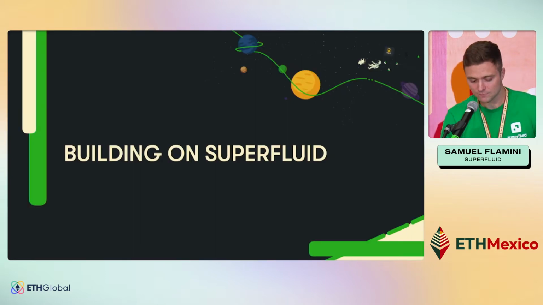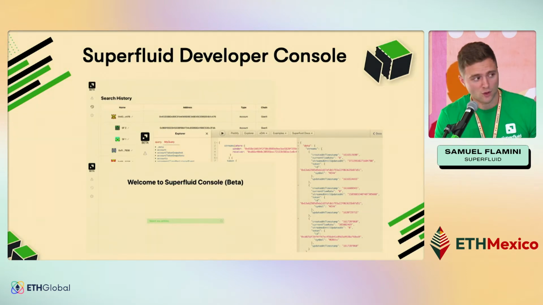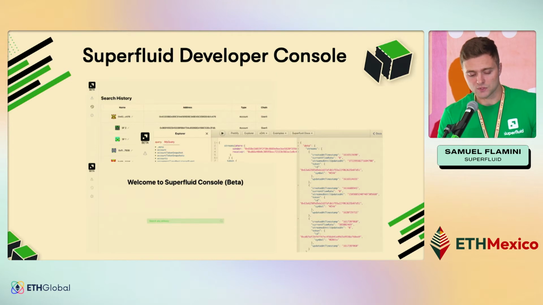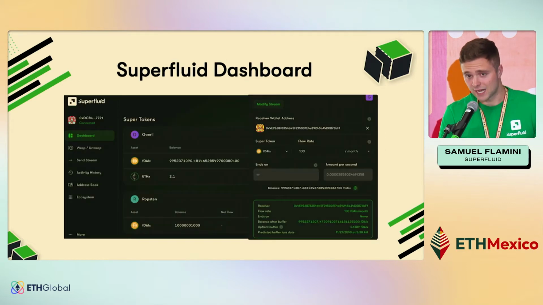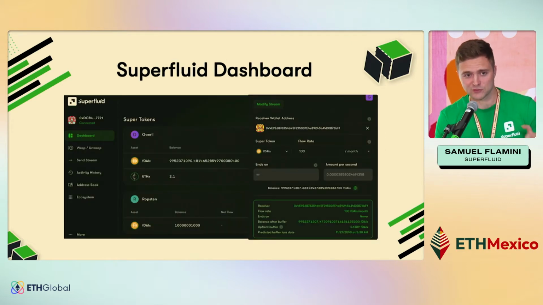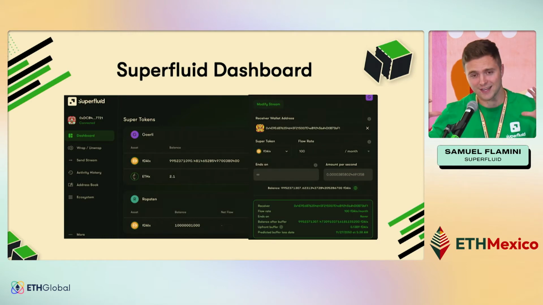And yeah, in terms of building on us, there's a couple of things you want to know about. One of those things would be our developer console. We'll use this in a little bit to see the effect of creating money streams and deploying cash flow aware smart contracts. We also have a dashboard that's really cool. If you come up to our booth, you'll see we have this huge TV monitor that will show the balance ticking up in real time. So if you want to see how that works, right, and even get a stream yourself, you can come up to our booth and we can show you.